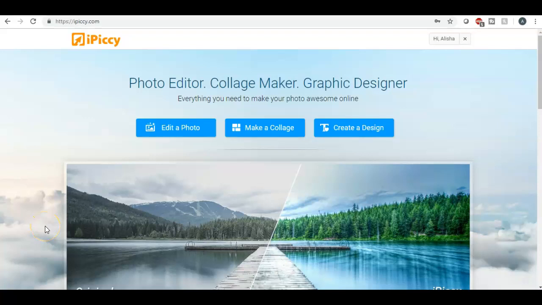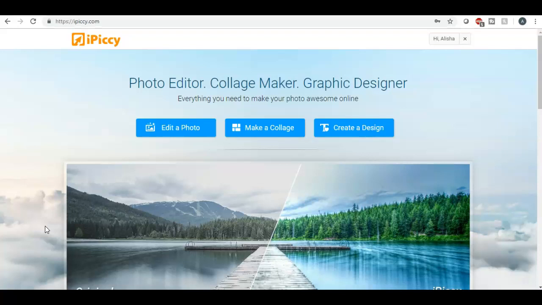Hey guys, Alicia here. I wanted to show you how to make a layout for your Etsy listings if you have more than one item that you are trying to display. Examples of this would be something like a planner kit, or even watercolor flowers. If you have anything that you have more than one of and you want to create some sort of a layout, I'm going to show you how to do that for free in